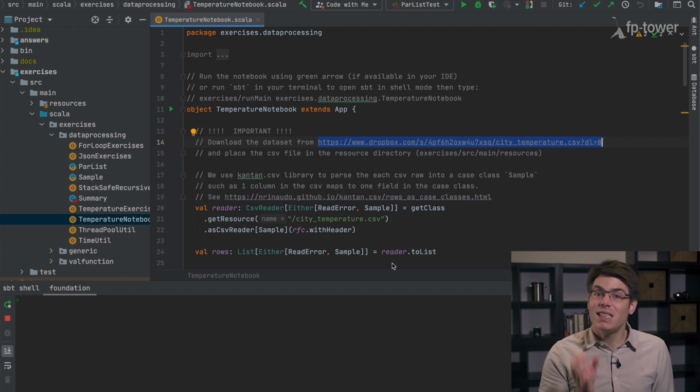This file is a CSV, which stands for comma-separated values. It contains the daily average temperatures of more than 300 cities over the last 25 years, half of which are in the US. This certainly can't be classified as big data, as the file is only 134 megabytes.